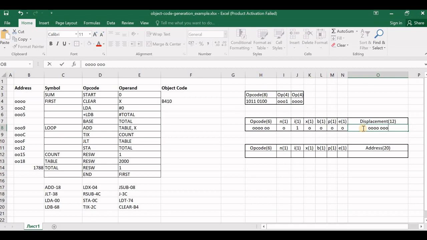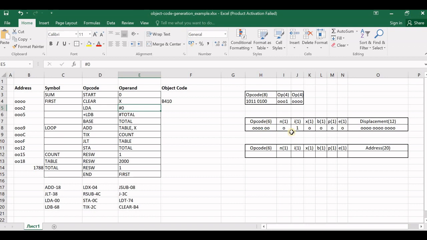4, 8 and 12. So this instruction is in immediate addressing mode. It is not in indirect addressing mode or indexed addressing mode, so n and x values are 0. And since the instruction is in format 3, the e value is also 0. And since the instruction is in immediate addressing mode, you need not calculate the displacement by using any formula, and hence the b value as well as the p value is going to be 0, and the displacement becomes the value itself that is mentioned as part of the instruction. The value mentioned in the instruction is zero, and these 12 bits are filled with zeros.